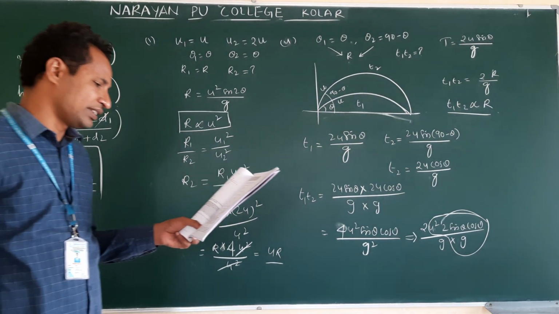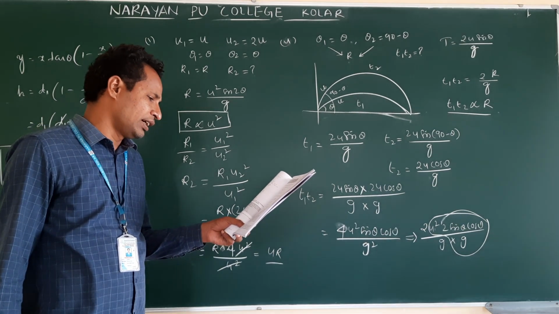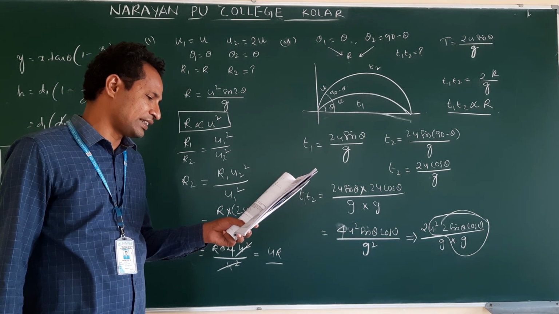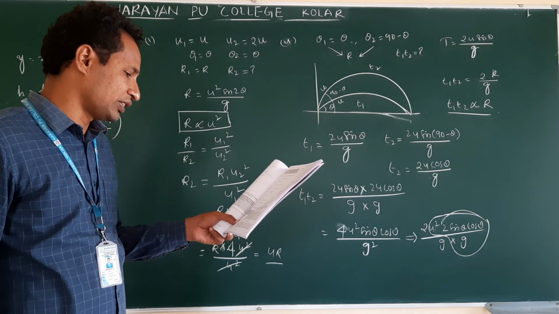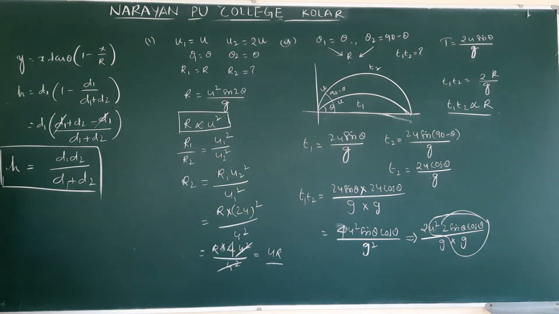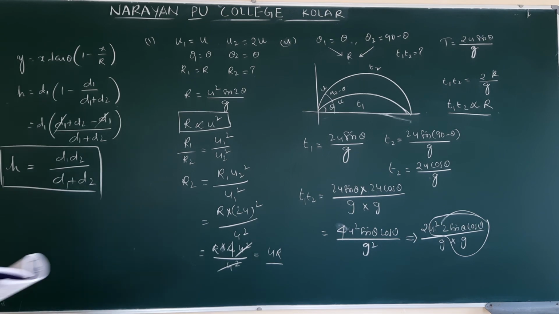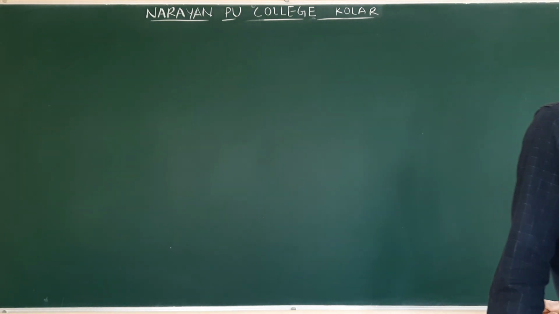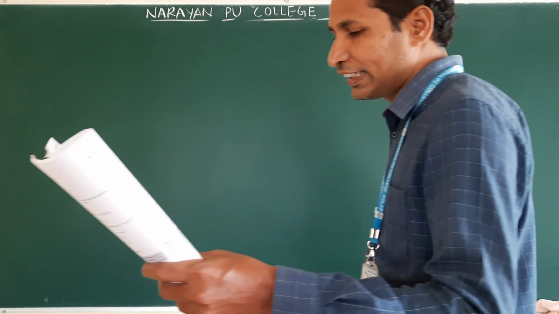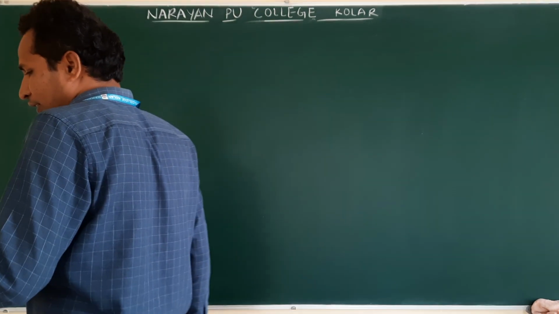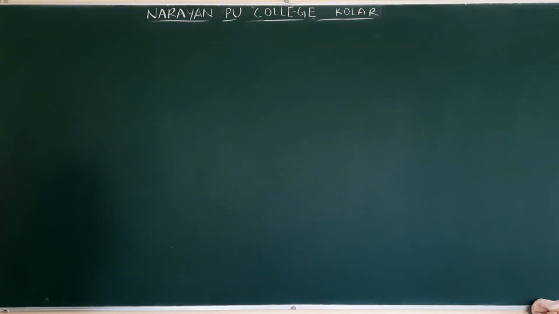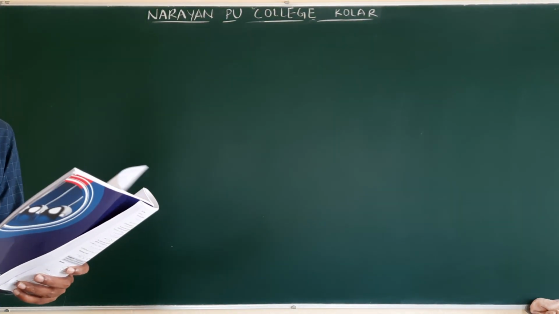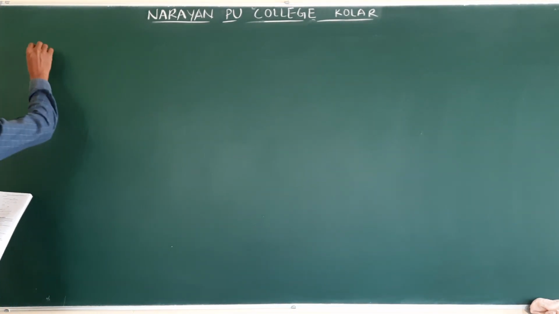Next, the fifth question is the same, follow the two equations. Sixth question: a ball projected upward from the top of a tower with a velocity 50 meter per second strikes, making an angle 30 degree with the horizontal. Clear? Make a note on this. Now sixth question: a ball is projected out from the top of a tower with a velocity 50 meter per second, making an angle 30 degree with the horizontal. The height of the tower is 70 meter. After how many seconds from that instant of throw will the ball reach the ground? So this is the sixth question.